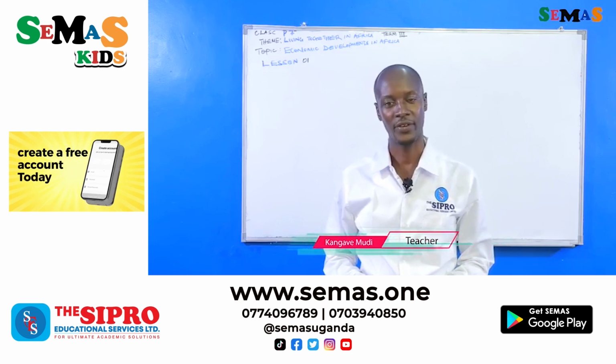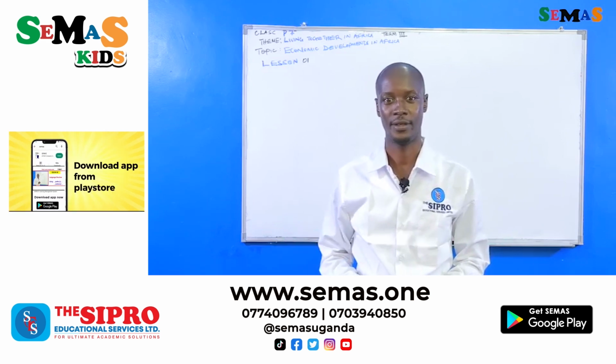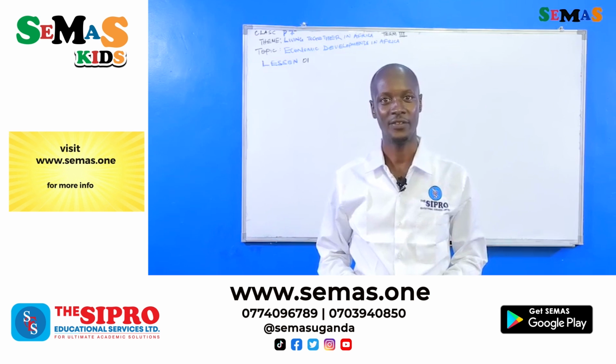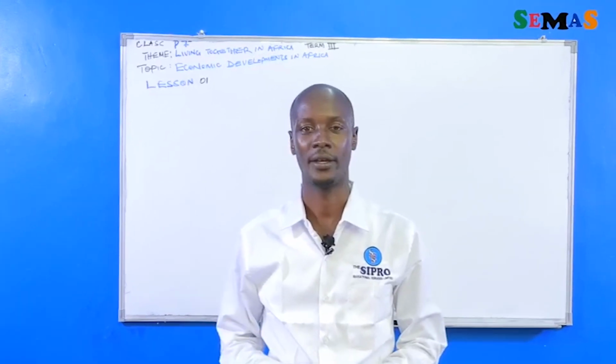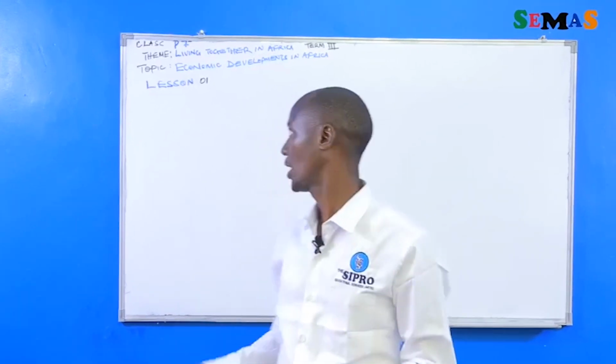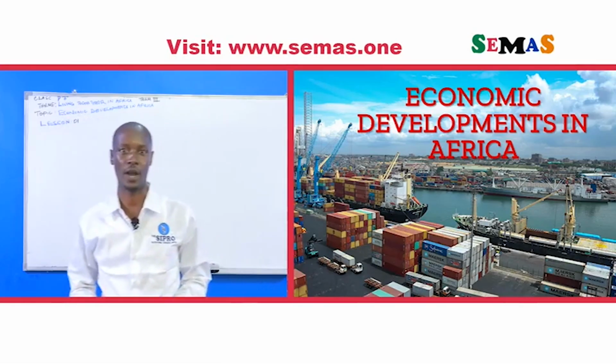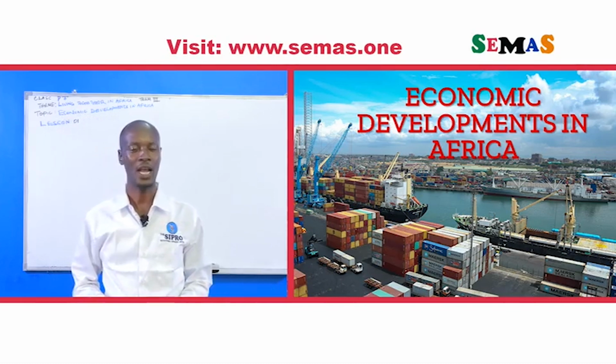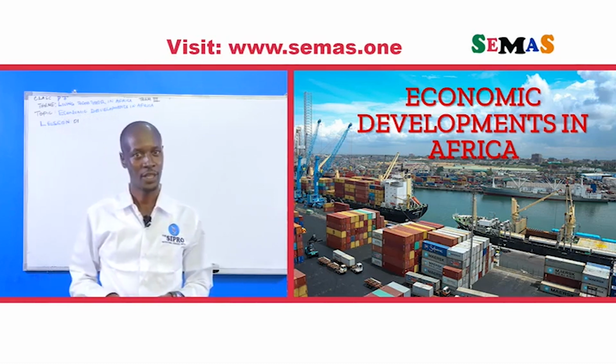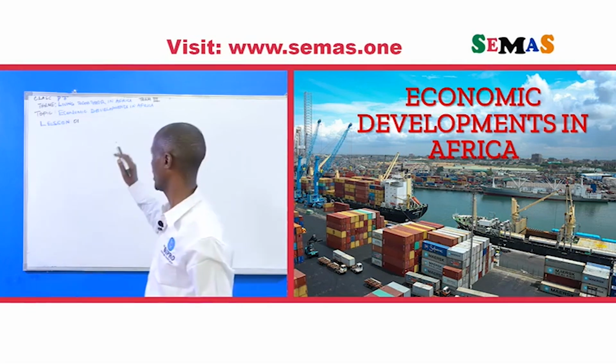This is primary 7, term 3. Our theme is living together in Uganda. And our topic is economic developments in Africa. As we begin this topic, we need to get to know the new words we are likely to find in